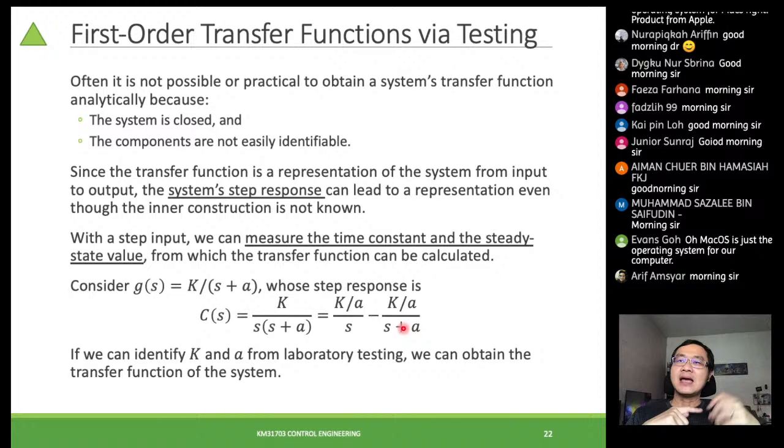From the output curve, you find the time constant. Once you know the time constant, the a value, you can regenerate the first order transfer function to describe your tested device, right? So this is how you can find the a itself,